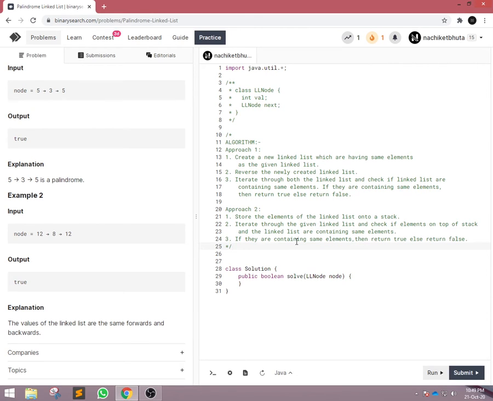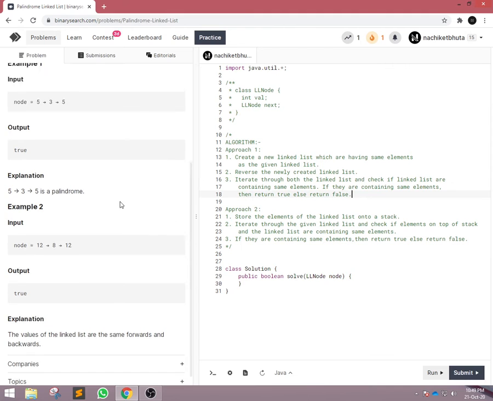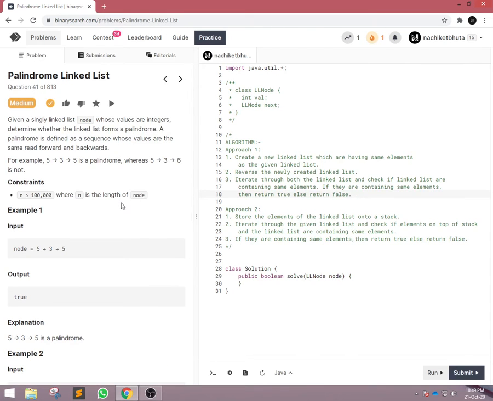I will start with the first approach, which says that we have to create a new linked list which has the same elements as the given linked list. Suppose we are given the linked list 5, 3 and 5, so we have to create a new linked list which has the same elements. Now we have two linked lists, with the elements 5, 3 and 5.